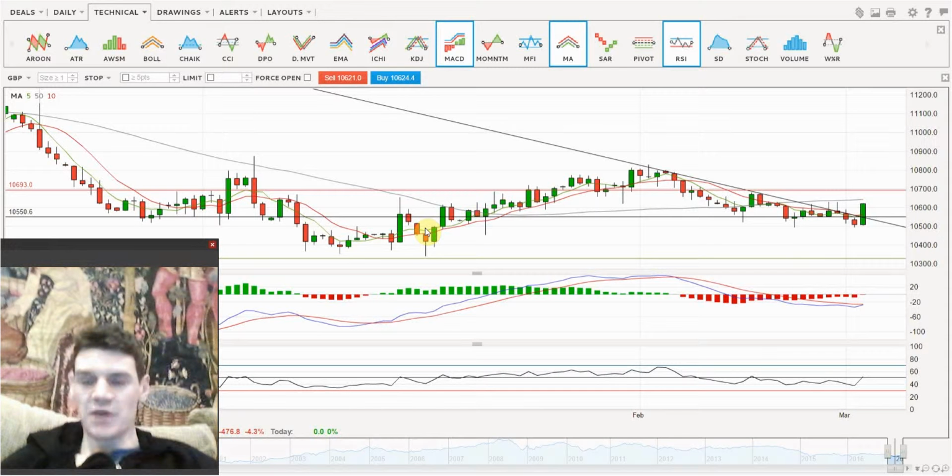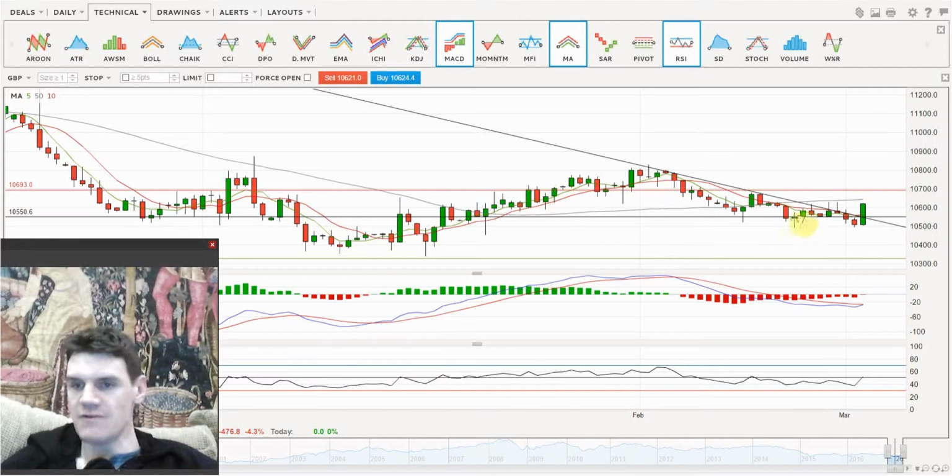Hey guys, just want to catch up on my Euro US dollar trade that I've had over the last month or so now. So you can see that I've been following this descending trend here. I got in around about the 10,550 level, got hit a little bit initially, went back up, price went back up to that trend line, that descending resistance trend line, went back under my initial entry point, and then